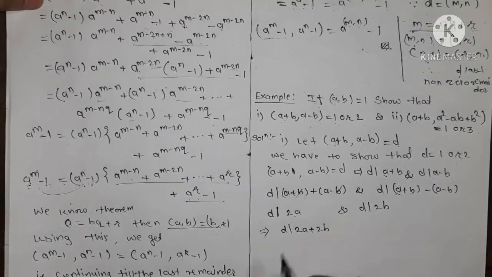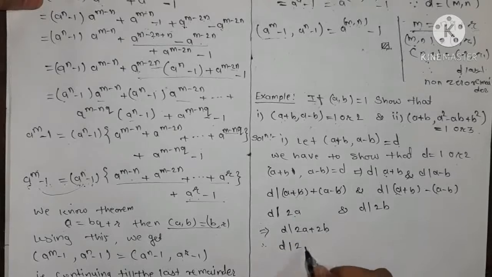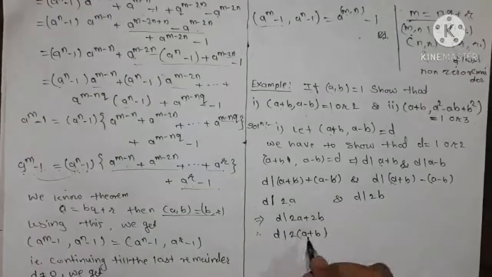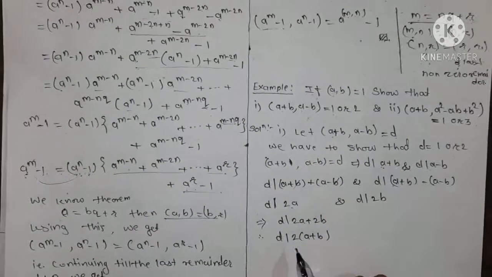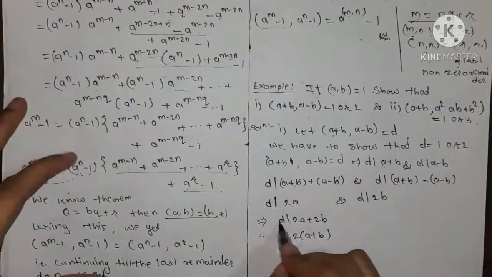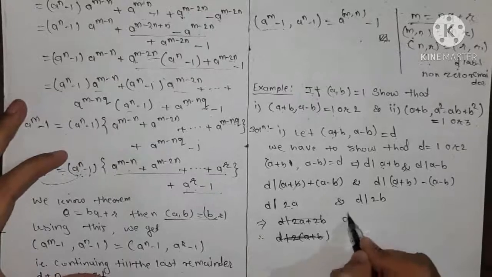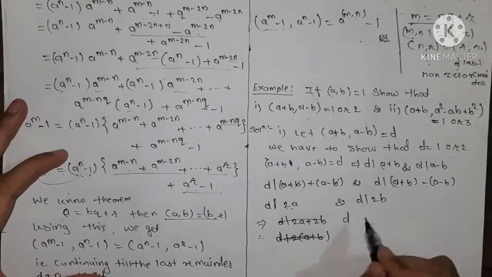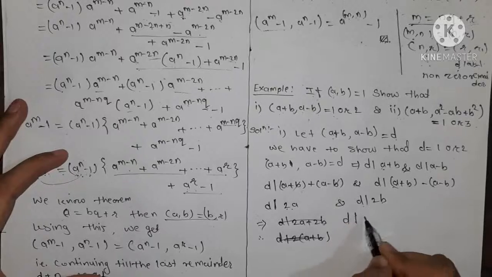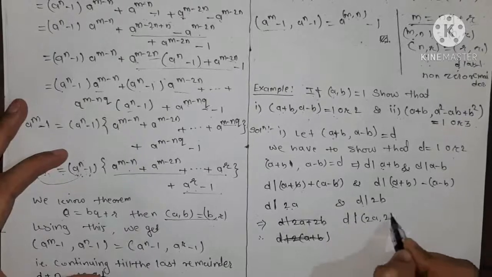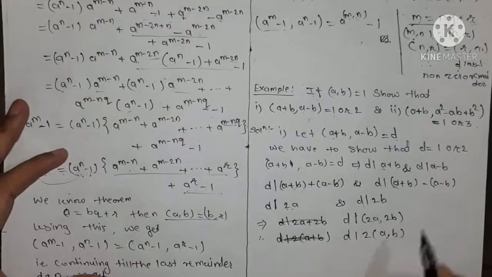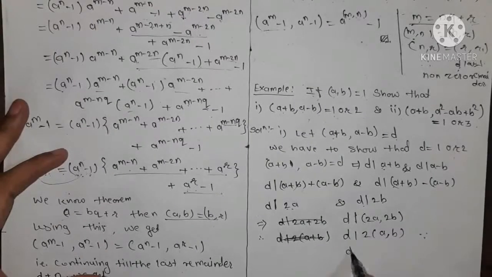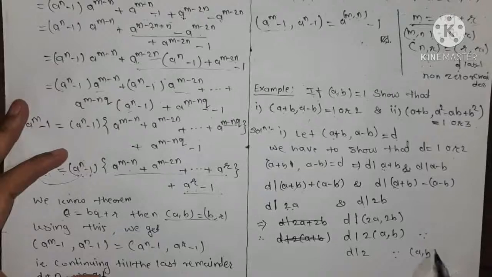We take the linear combination of that, therefore d divides, we can take the common factor here, 2 in bracket a plus b, and since the GCD of a comma b is equal to 1, we have to take, since d divides 2a and d divides 2b, therefore d divides the GCD of these two numbers, 2a comma 2b. Okay, and we take the common 2 here, so 2 in bracket GCD of a comma b, and since GCD of a comma b is equal to 1 here,